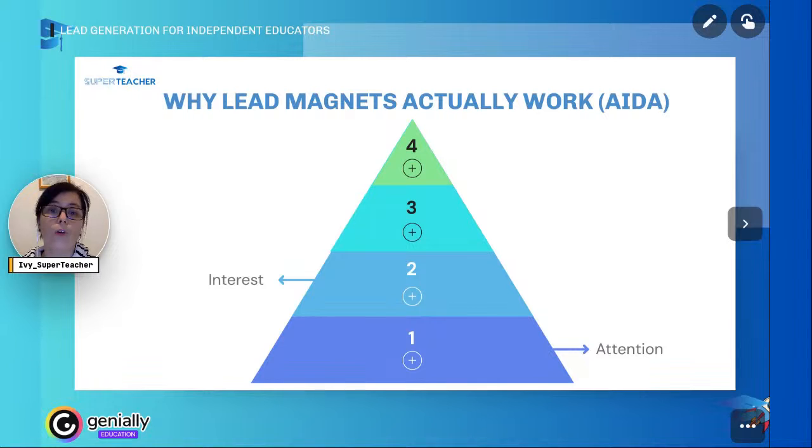Then you need to grow interest in your products, meaning if they show any initial attention, grab that and work on providing them more information so they become really interested.